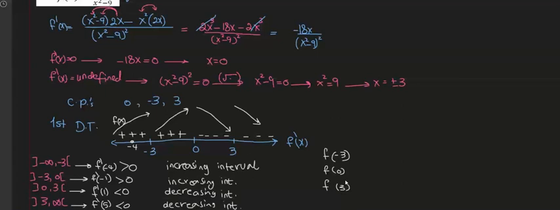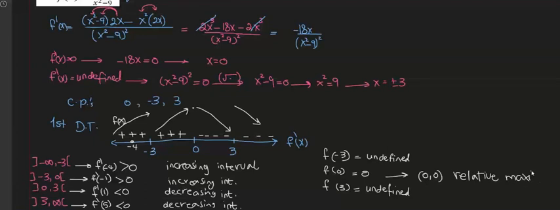F of -3 is going to be, I'm going to compute it at f. So here only 0, which got the corresponding y as 0. So the point 0 and 0, we will go to see the behavior of the function around it. Before it was increasing and then decreasing. So of course we have reached a maximum peak. So you will call this a relative or a local maximum extreme,